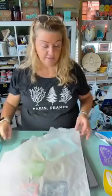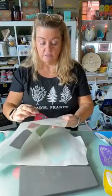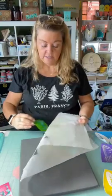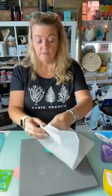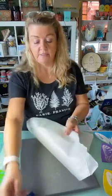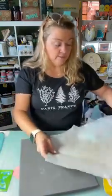Let's see if I can pull these off without them pulling. And the Cricut kind comes off very easily. It doesn't try to pull the back off. Let's see if that feels any different. But the dollar, oh, that one's okay though. I don't know what happened to that one. I guess it was just still too hot when I pulled it off. Okay, so while that's cooling off,